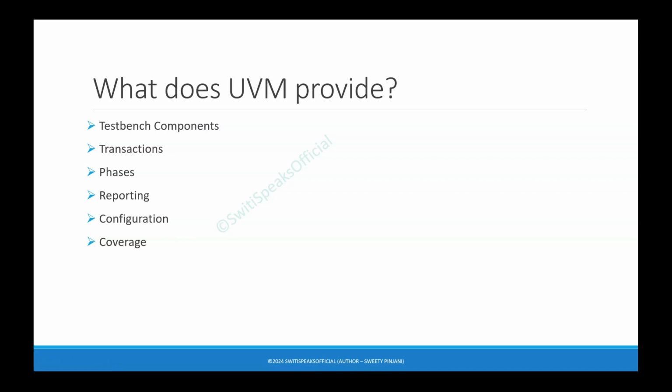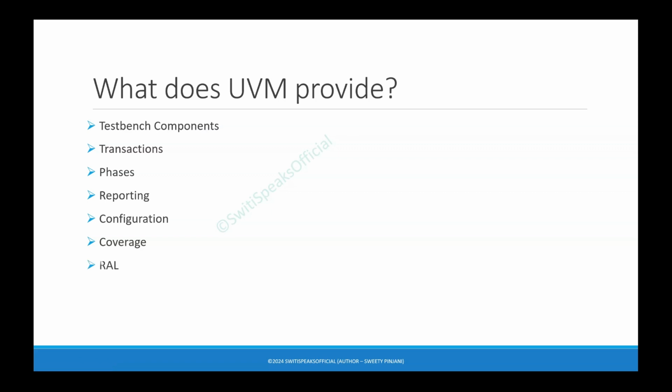Then there is functional coverage. For every design, you will have a functionality. You need to ensure that you are covering all the different functionalities. Functional coverage is a way to ensure that. So the percentage of these coverages will tell you how much code you are actually covering and how much functionality you are actually covering, and UVM provides a mechanism for tracking your functional coverage. This is used to ensure that the design has been thoroughly tested.